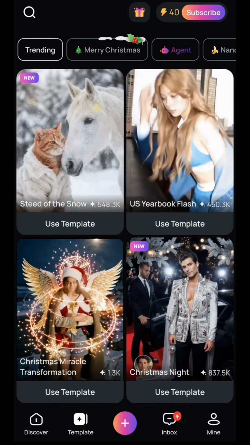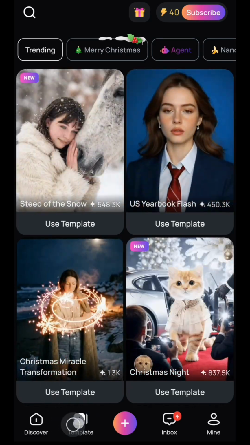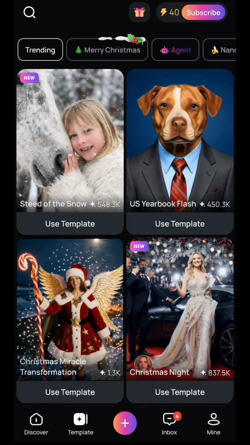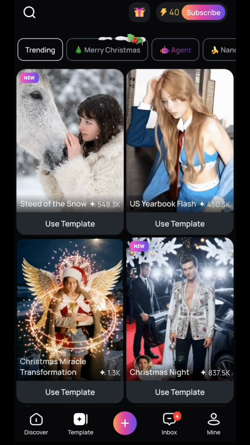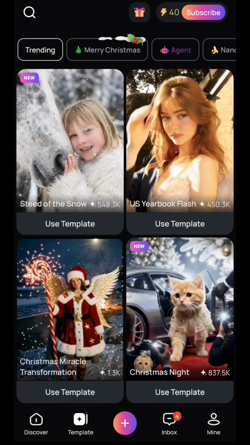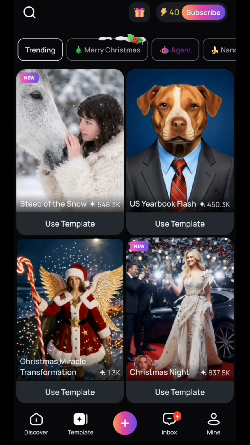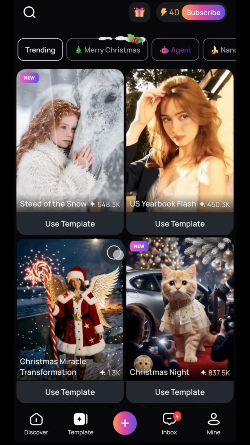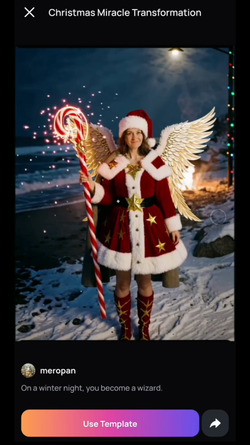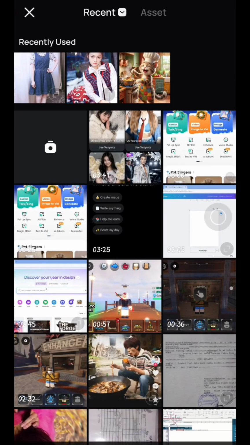And then next, just go to the template section. Just tap on this one. And then next, go to the search bar and search for miracle outfit transformations. But in this tutorial, because I already found this effect, I will just tap on it like this. And then next, just tap on use template like this,